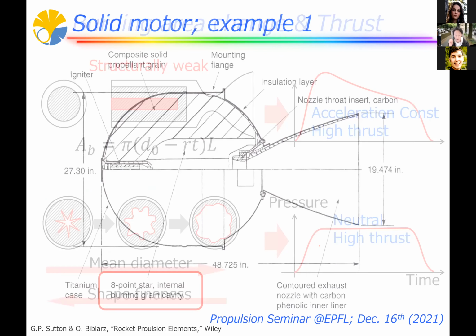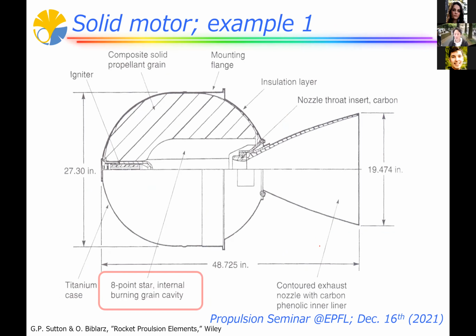So this is one example of the actual solid propellant motor. So here you see a lot of configurations. But here you find the 8-point star internal burning ring cavity. And this fin shows a fin of the star, one fin. So basically, most solid propellant motors employ this kind of settings. Okay,